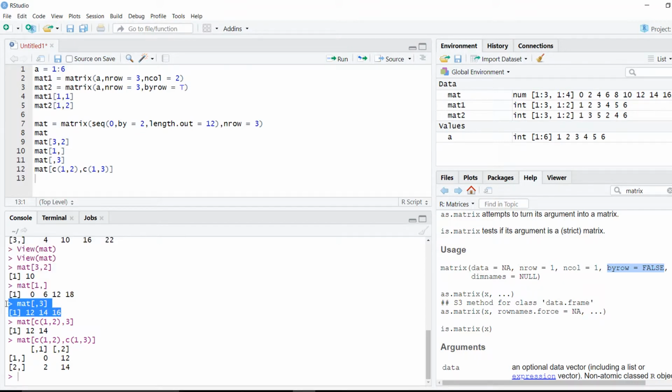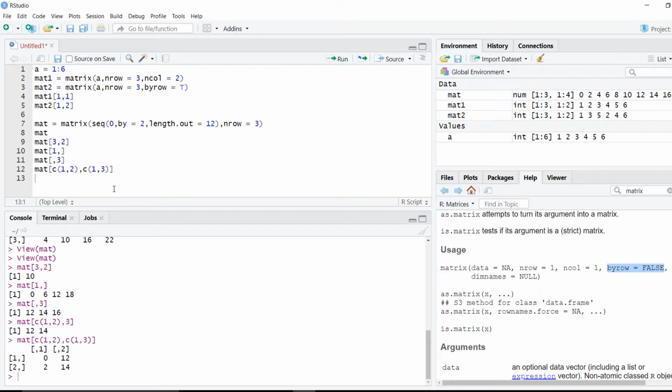Here if I represent the third column of the matrix, it only represented it as a vector, but here clearly we have multiple rows and multiple columns that it can represent clearly in a matrix form, so it represented it in a matrix form.